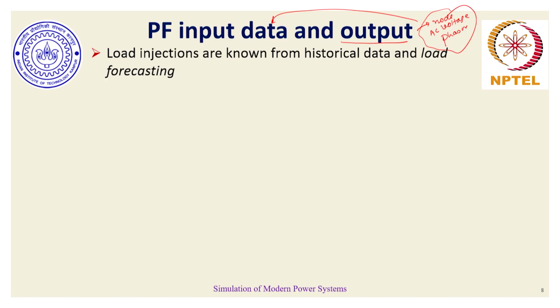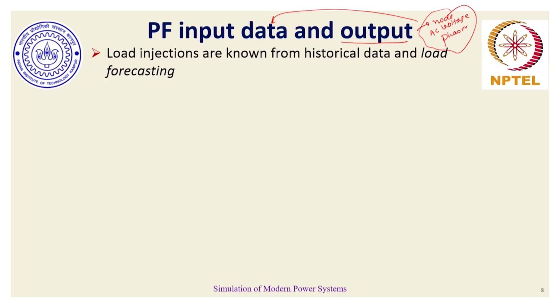So when we say the load model or the load injection is assumed to be known, as an electrical system operator, there has to be a mathematical basis or a tool from which these numbers for loads are coming in. They are not random, arbitrary, choice-based numbers from where the load values come in. There is a dedicated exercise behind it, and it is all based on historical data using some load forecasting technique or tool.